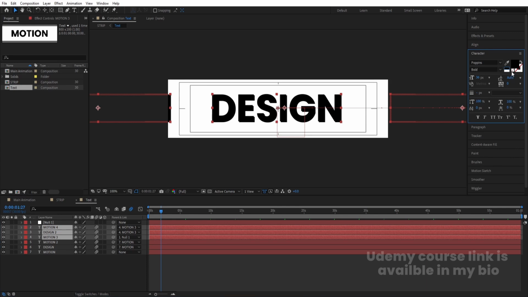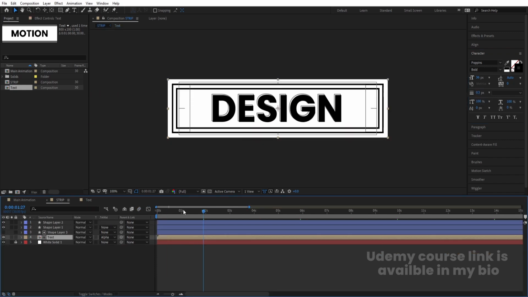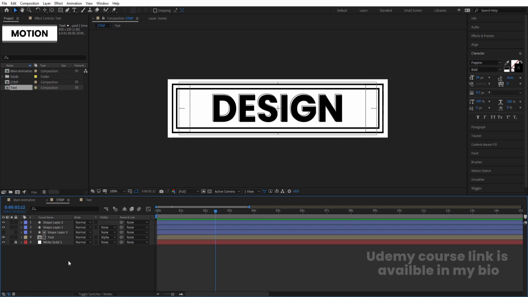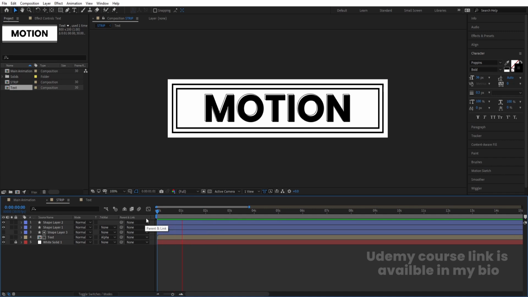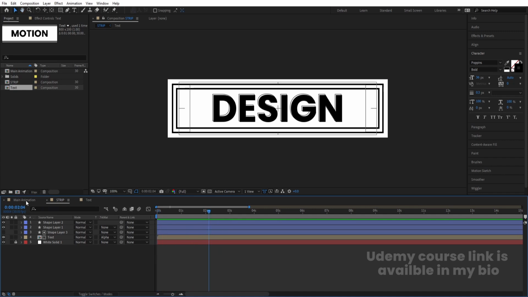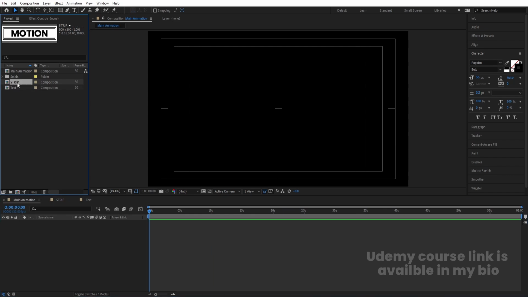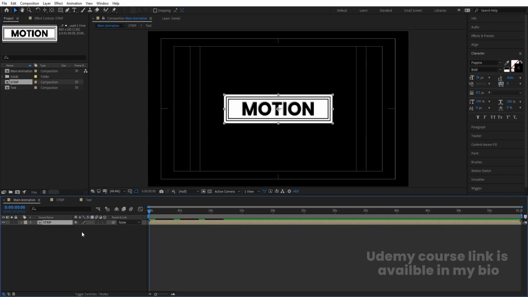then go to the character menu and we will delete the fill and add black color for the stroke, and for the stroke we will choose 0.5, or let's say 0.3. Okay, so if you see this now, we will get this kind of stuff over here. Okay, like this. Then we will go to the main animation over here, then we will bring our strip like this